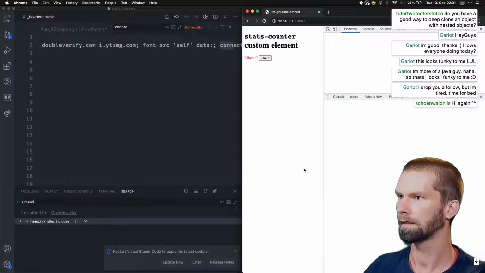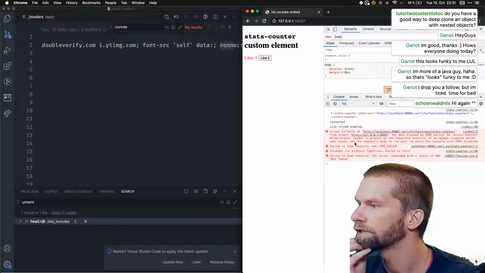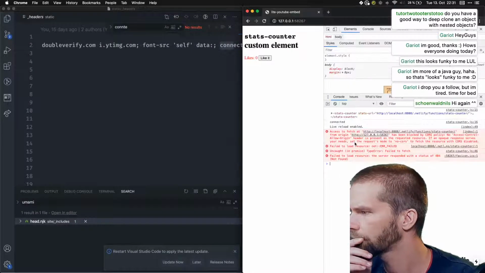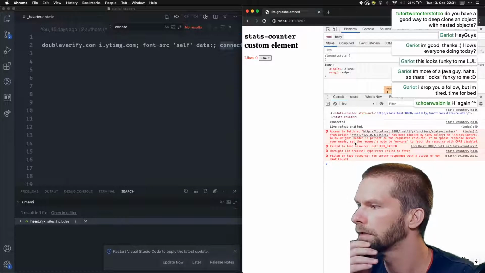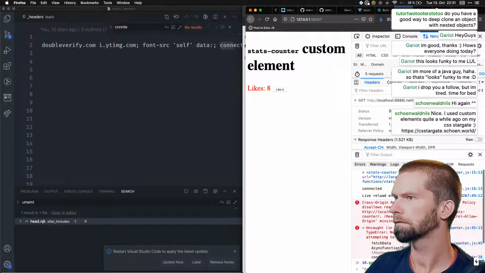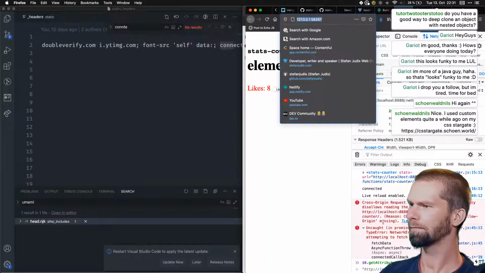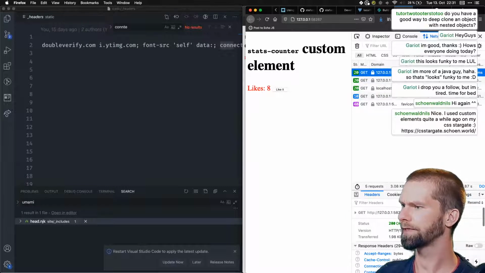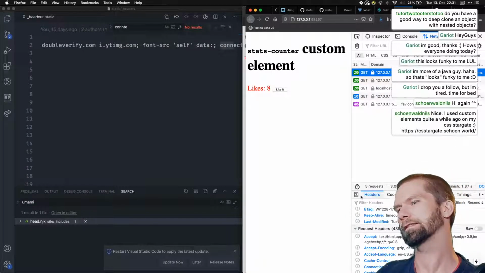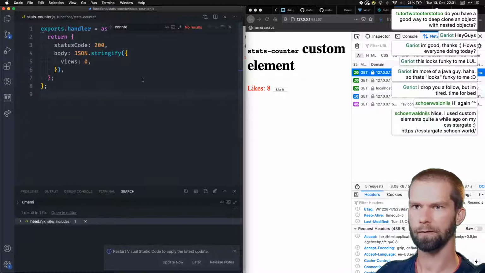So let's have a look here. When we open that one: Access to fetch from origin has been blocked by CORS policy. Header is present on the requested resource. Or is the other one a CORS problem too? That is interesting. Why do I run into CSP errors here? Oh, no, it's not CSP, it's CORS. Right, of course. So I assume that when we go into the function that we should define